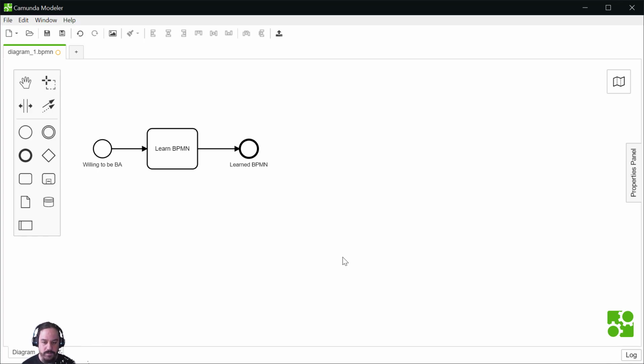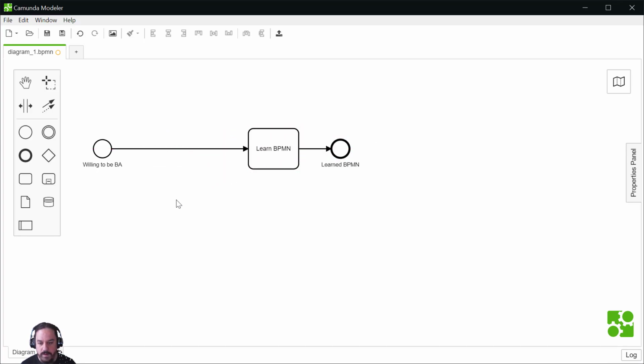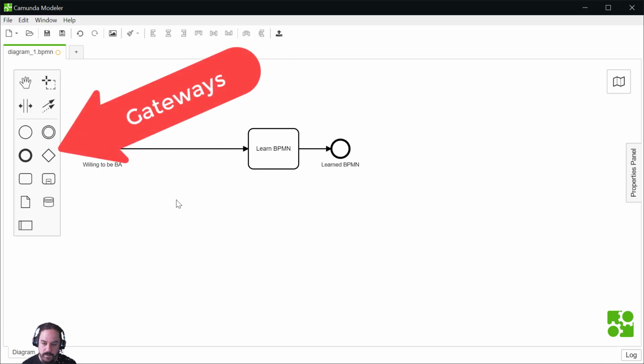Okay, so now you have the very basics and you can quickly model linear processes. That's not very interesting, and you may need to take alternatives or decisions at least, or maybe explain that you want the process to be in parallel or in sequence. So let's see the gateways. First, we will make some room to add a gateway. The gateway is like in flowcharts, if you know this. It's the little lozenge that you can see on the left on the palette.